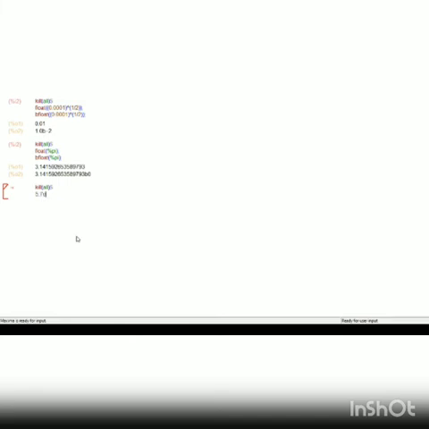Then I'll write the values 5.7 e minus 2. That means it is 5.7 into 10 to the power of minus 2. Or in general, it is 5.7 divided by 10 to the power of 2. 10 to the power of 2 is 100. That is 5.7 divided by 100. Or if you want to shift the digits, you can write that one as 0.057. So here E indicates it is 10 to the power of minus 2.